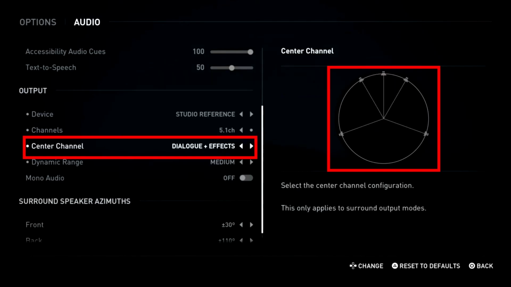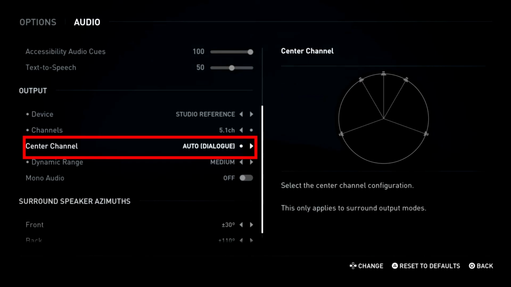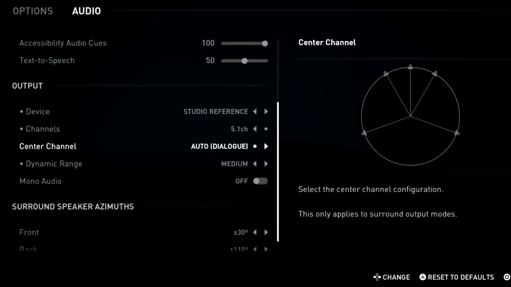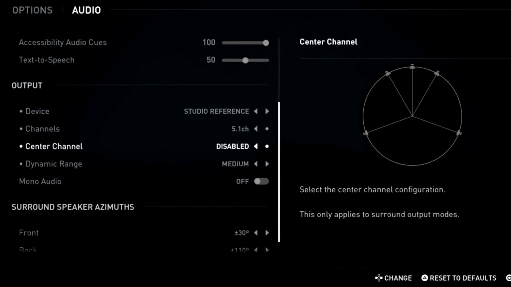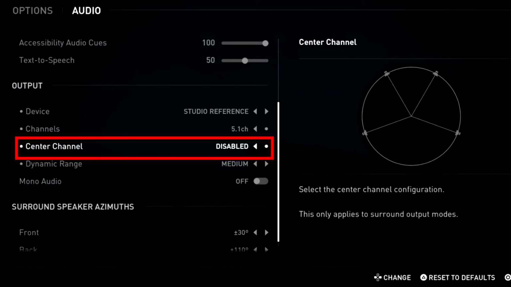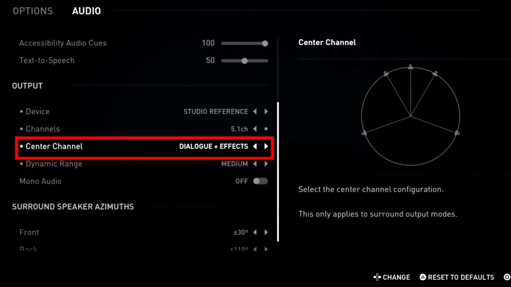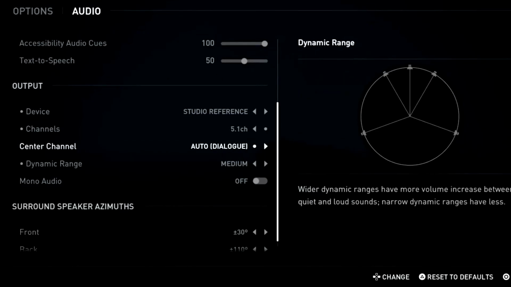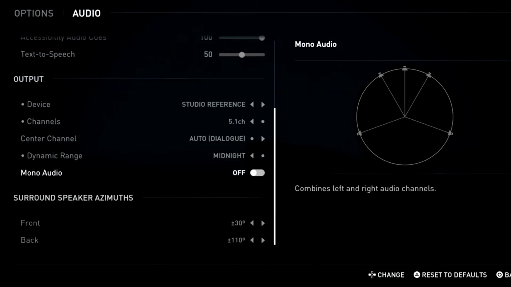I will explain more about center channel in another video, but you can set it to dialogue or dialogue plus effects, so you can hear dialogue in center channel at the same time. When some character is moving to the left side, it's not only on the left side. Imagine someone is between the left side and center and you can hear dialogue in the center channel as well. So it's better for dialogue, but you can set it to dialogue plus effects, which is really cool. I did try it, trust me, it is really cool. But if you have stereo speakers, please don't try it because it's not gonna affect, and later you will say, oh, this video was fake.